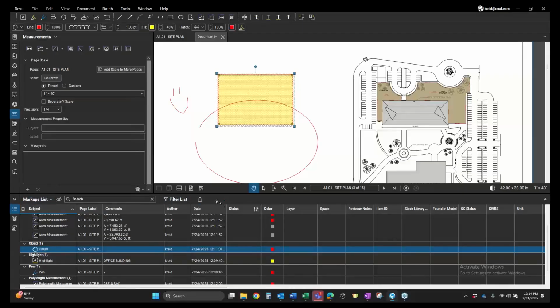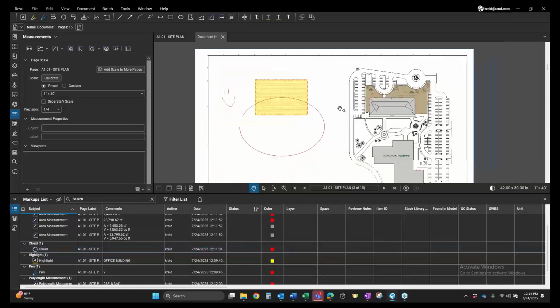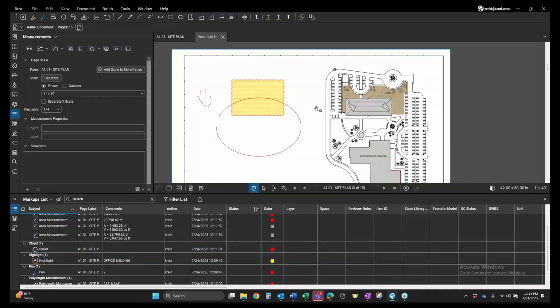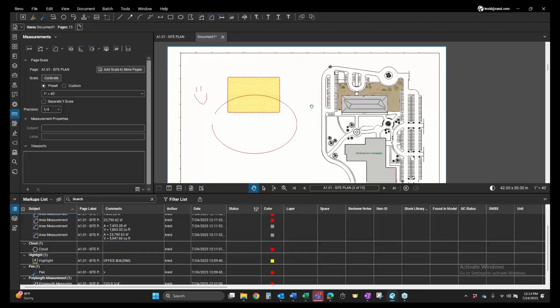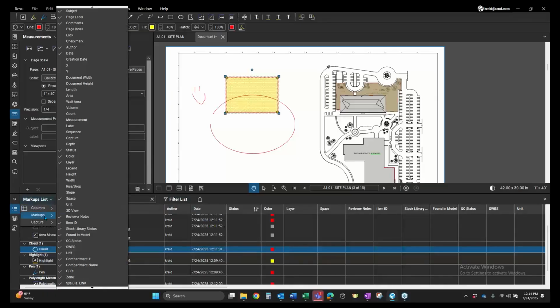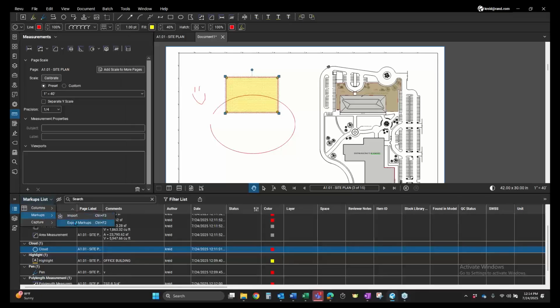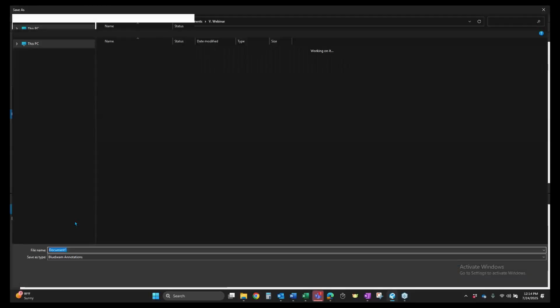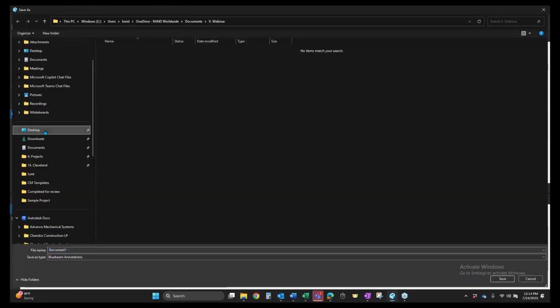So what this does for you guys is once you get markups on a plan page, let's say you had some design review workflow where you needed to pass these drawings along and each person needed to do their own markups in Bluebeam, very easy to do so because any markup, again, that you create on a plan page is going to appear down here at the bottom. And what you can do with this is go to markups here, and you can export these markups. So if I hit export, and I'm just going to save this to my desktop,